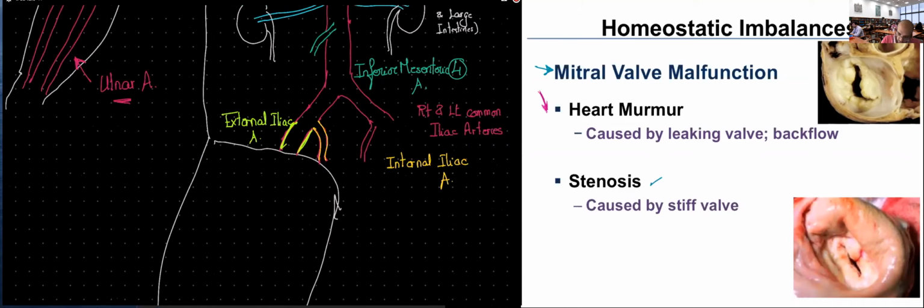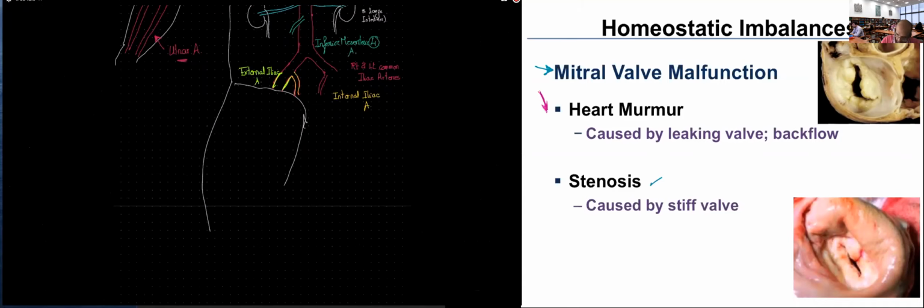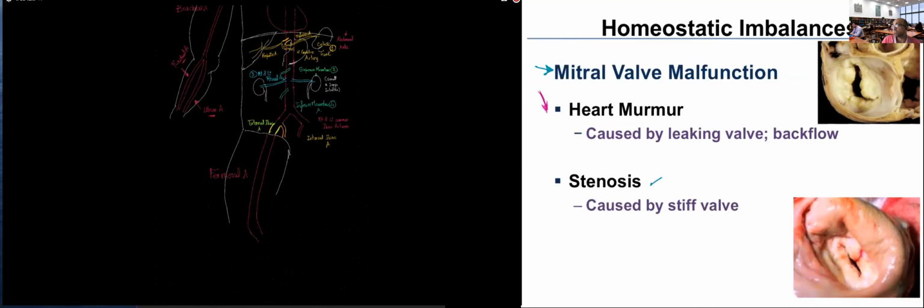And if you remember, something related to the thigh is called femoral, right? So it becomes the femoral artery. So as a continuation of the external iliac artery, femoral artery is going to be running down the length of the thigh